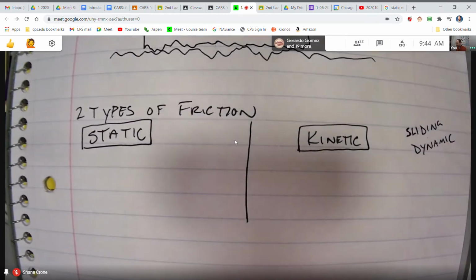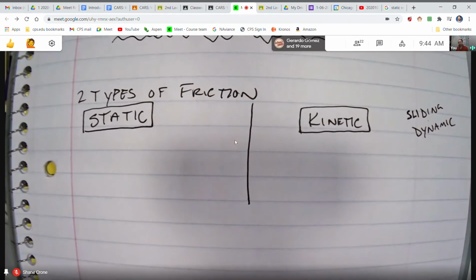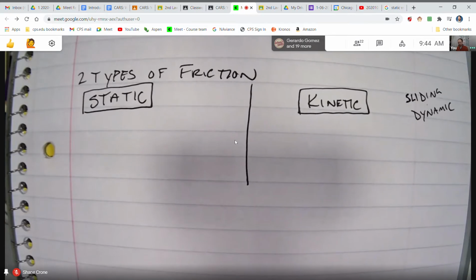Now, this next part is a little more solid. There are two types of friction: static friction and kinetic friction, and it has to do with those irregularities again. So static friction is